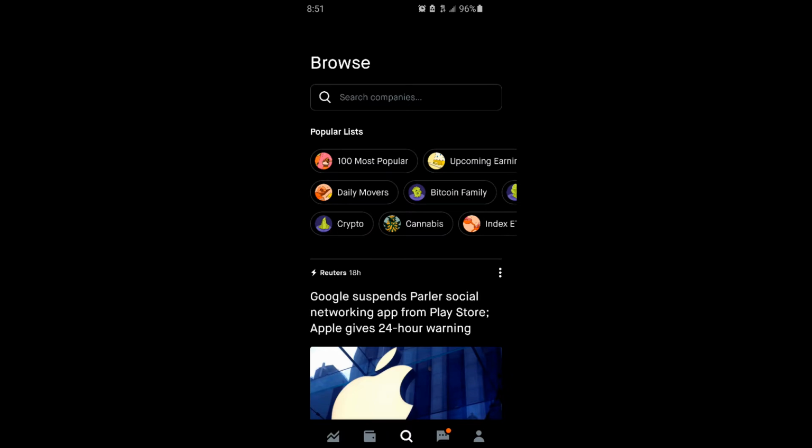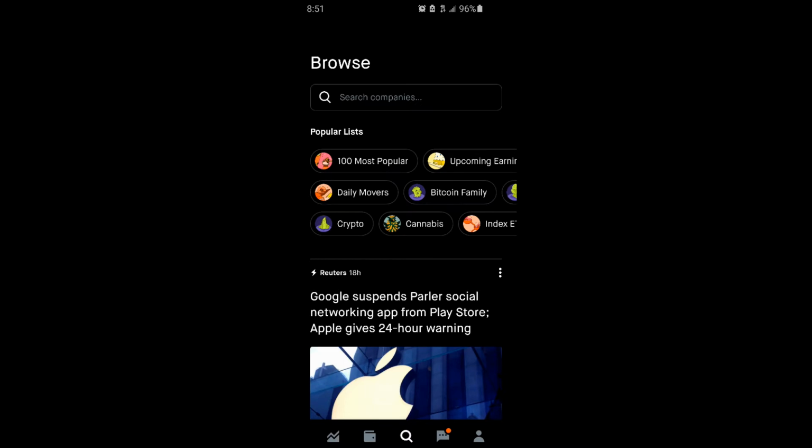What you're seeing right now is my phone screen using the Robinhood app, and I am on an Android device. So if it looks a little funny to you, it might be because you're on an Apple device. This is my Samsung Galaxy S10. And again, if you're on an Apple device, then for the most part it should look about the same. Maybe the buttons and the layout might look a little different, but the process is pretty much the same throughout each of the platforms and